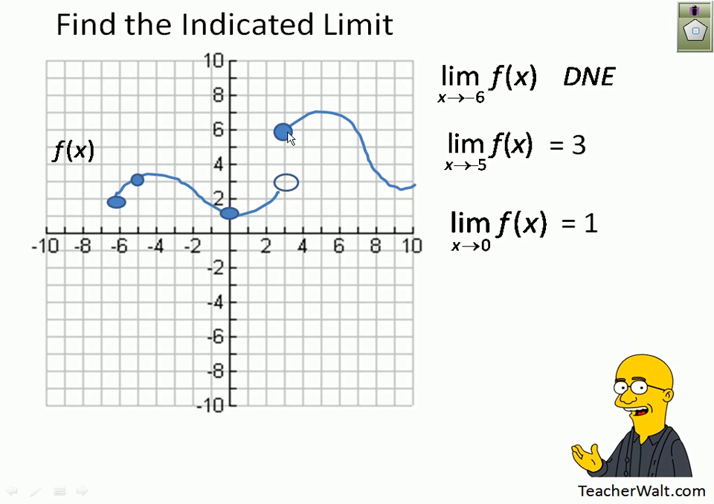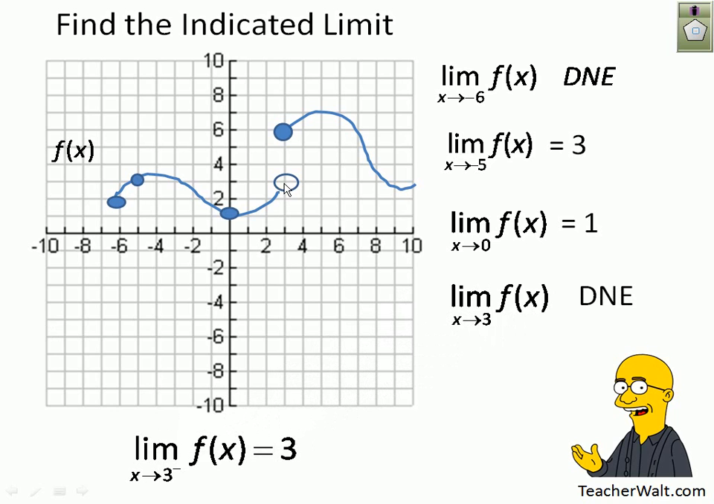Now let's look at this one. As x goes to 3, this one clearly does not have a limit. It has a left-hand limit and a right-hand limit, but not an overall limit because there's a jump here. Notice, as we approach from the left,